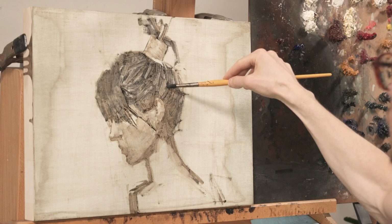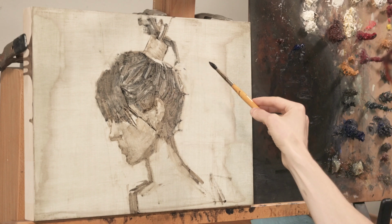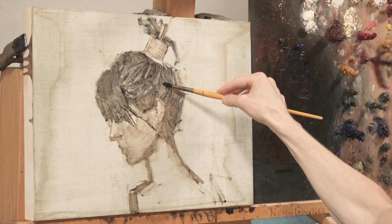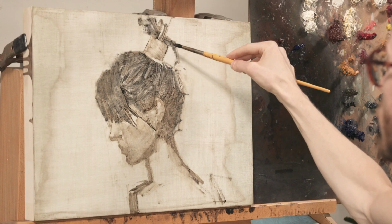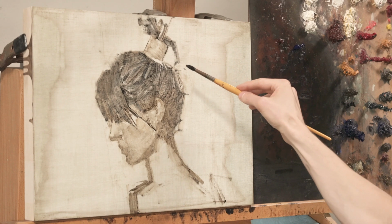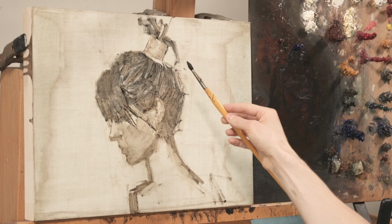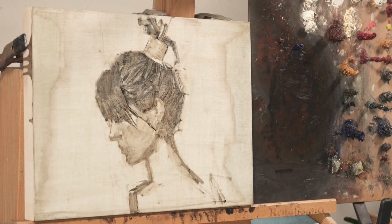The areas that you don't want to be the focal point, you also don't want to spend the whole day on them, because you want time to get into the areas that you actually find interesting. And so getting them out of the way is another way of looking at it. Once I start on the features, I'm not going to want to mess with this too much. Once you eat cake, you don't want to go back to your greens. I mean, I do. I like greens, but...